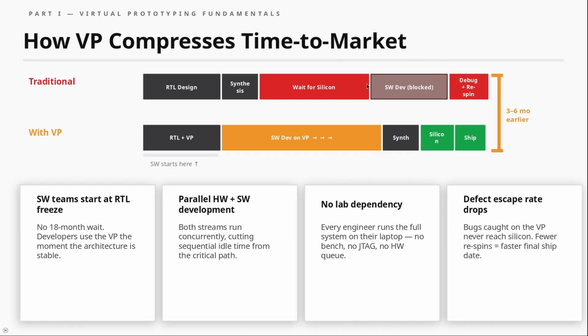Meanwhile, the software developers, the firmware guys, the driver teams, and all of the teams who have to write some software on top of that chip, are basically sitting here. And then they again add their own bugs, and you go for a respin. Yeah. But with